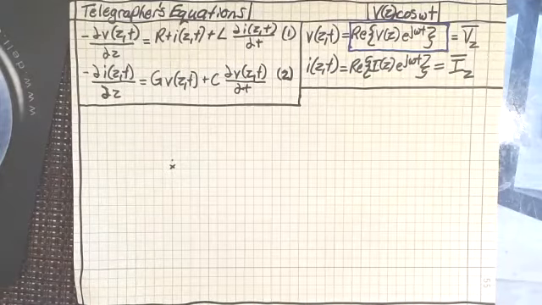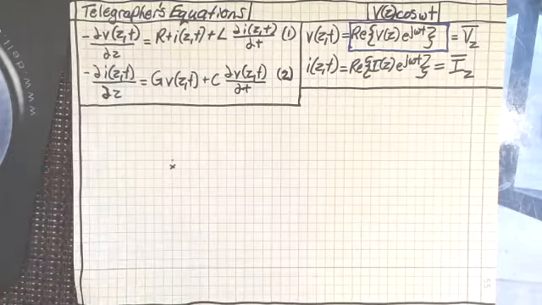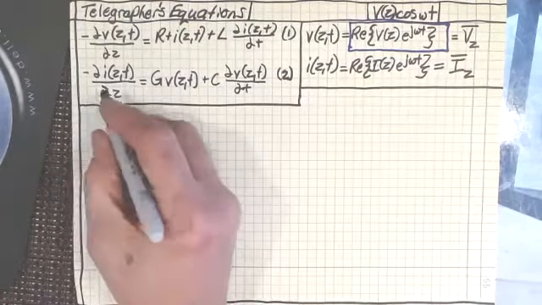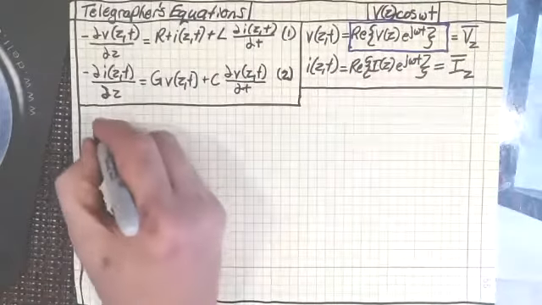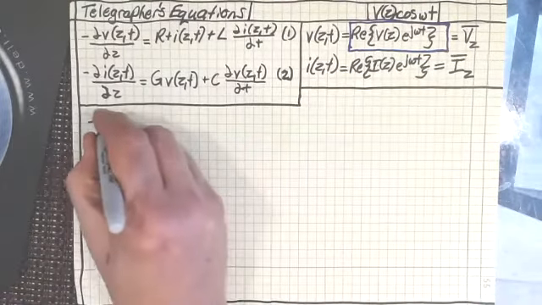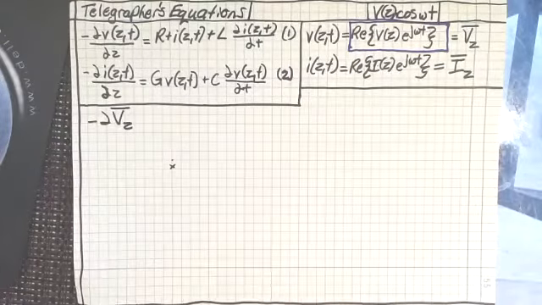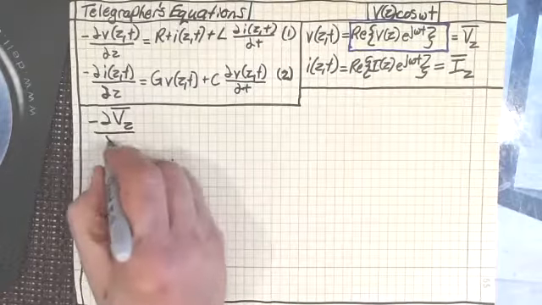And so let's rewrite those now, knowing all of our new mathematics. Let's go back to the original equations and rewrite those in our new format. So I've got minus the partial derivative of v sub z with a line over the top of it with respect to z